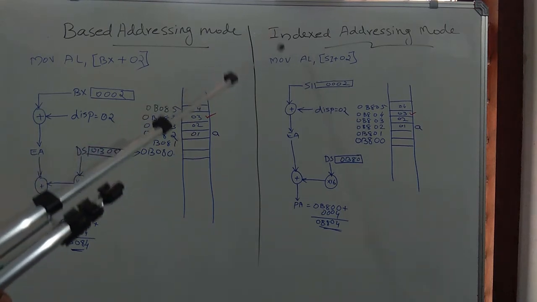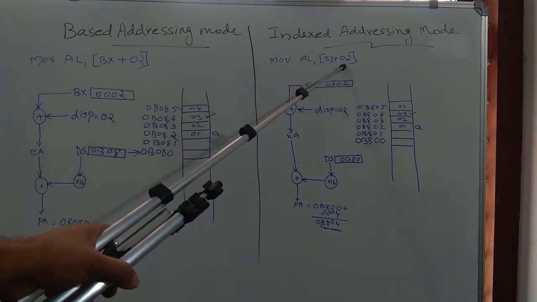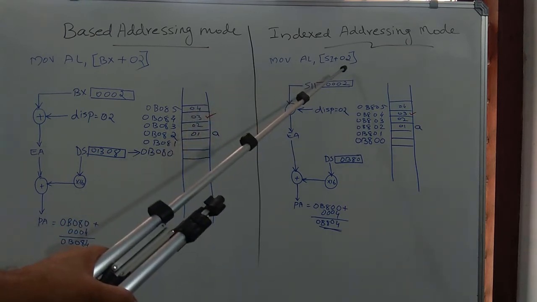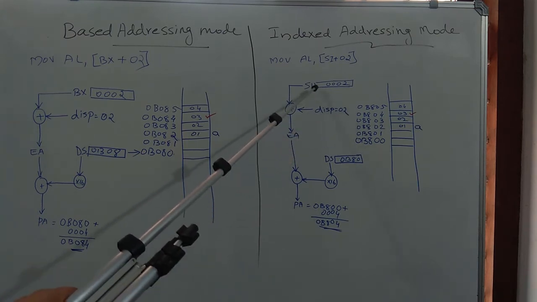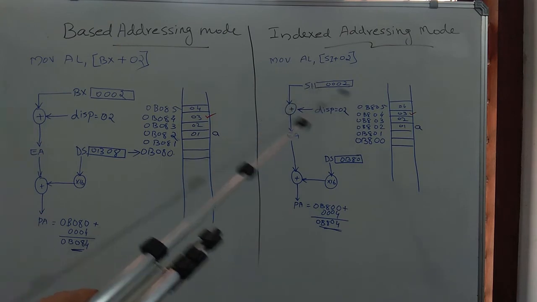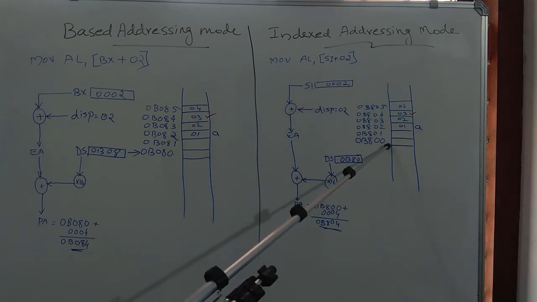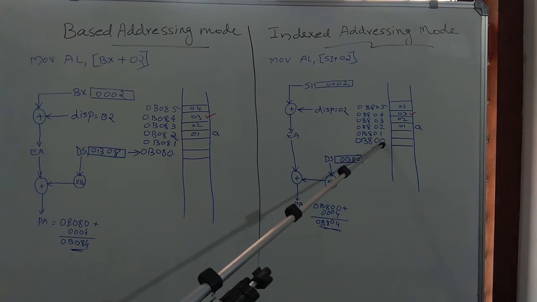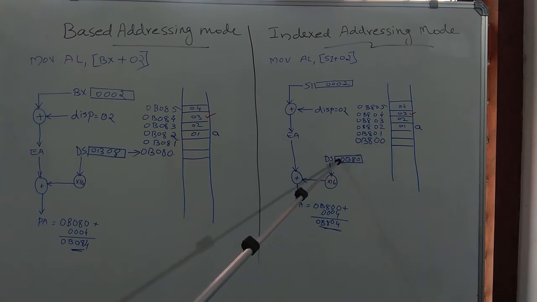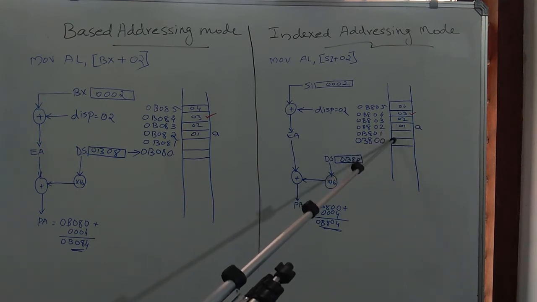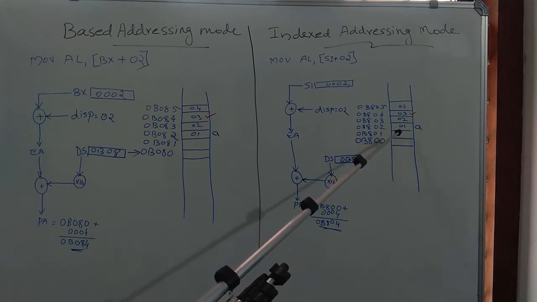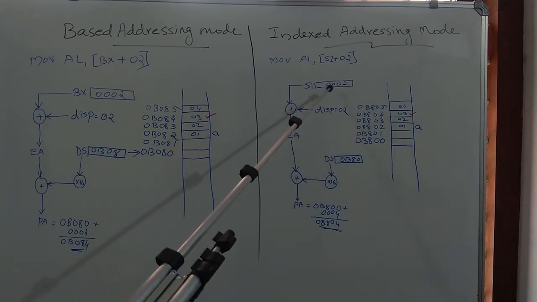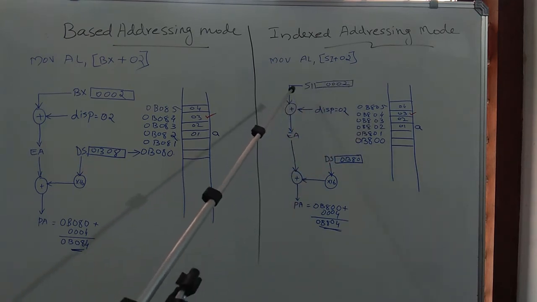Indexed addressing mode, MOV AL, [SI + 02]. 02 is the displacement. The 8-bit value for the displacement is 02, and the SI content is the offset of the array. The segment starts at 0B800. The DS register will be carrying the value 0B80, and see the displacement to the array is 2. So MOV SI, OFFSET A will store the value 0002 in the SI register.